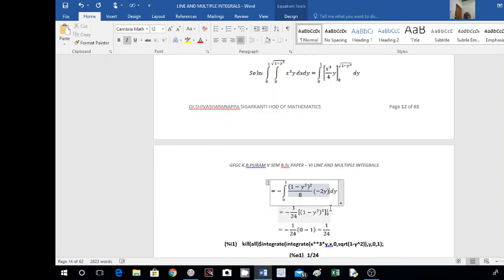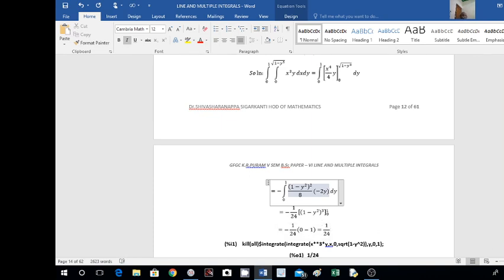Upper limit is 1. If I put y equal to 1 here, what happens here? 1 minus 1, that will become 0. Minus, what is the lower limit? It is equal to 0. If I put y equal to 0 here, then this becomes 1 minus 0, this is equal to 1, just 1 cube. 1 cube means this is equal to 1 here. Minus 1 by 24 into bracket 0 minus 1. So this is minus 1, minus into minus is plus, it is equal to 1 by 24.